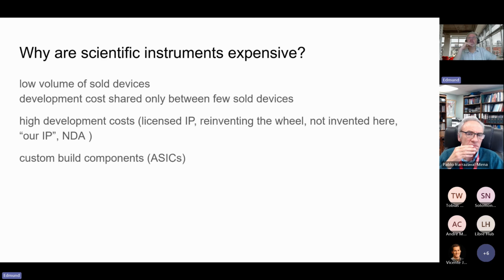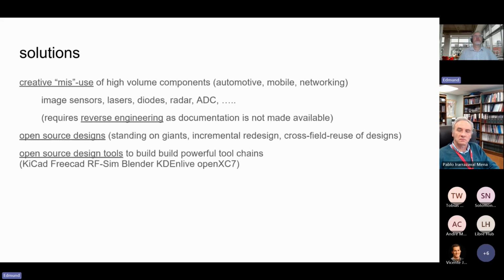Because in the hardware domain, we still have the not invented here sickness. So obviously, there are custom built components like ASICs or mechanical devices. We cannot do anything about it. But as you have figured out yourself, open source can lower some of those costs by